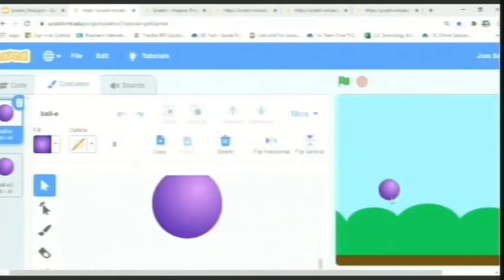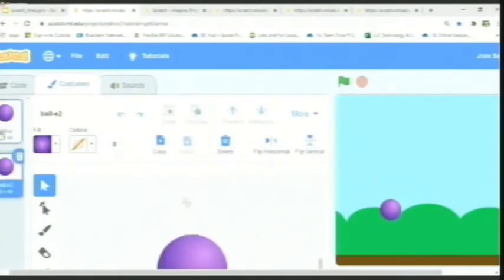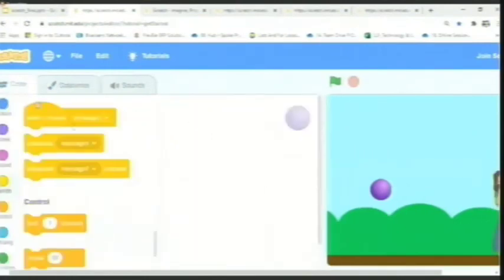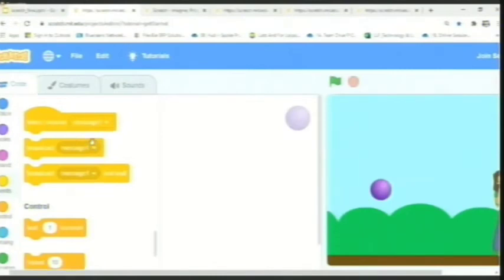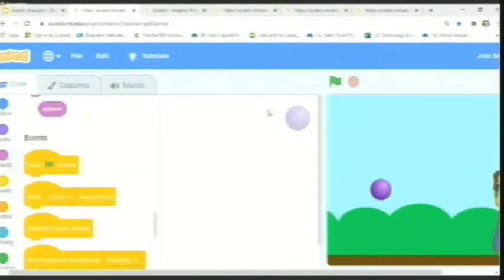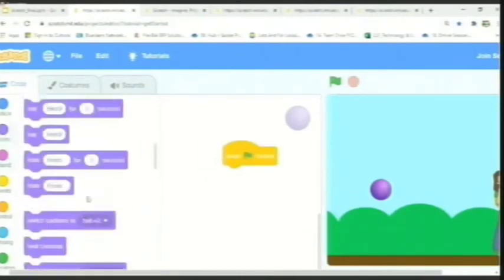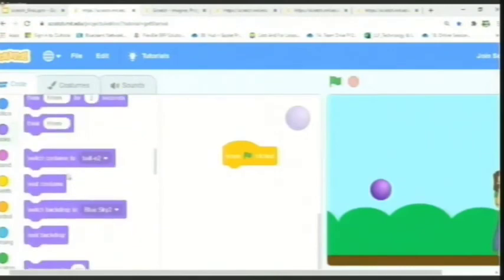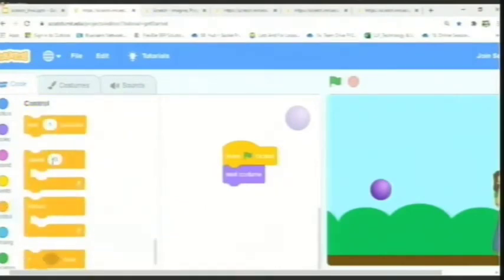Okay, so we saw how the ball bounces. In order to do this continuously, all you have to do is go to this code block, and then you have to start coding again. In order to start coding, you have to click the green flag, and then you have to go to looks, where in looks you have to switch costume. Or you can just plainly give next costume and then go to the control blocks, make sure it is in a repeat, and make sure you have enough time to see the changes which are visible. Now let's try and see how this works.